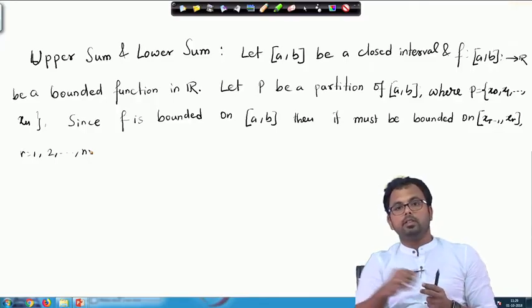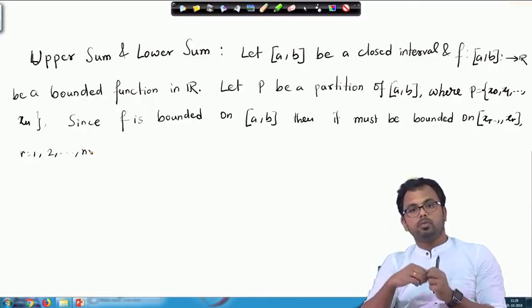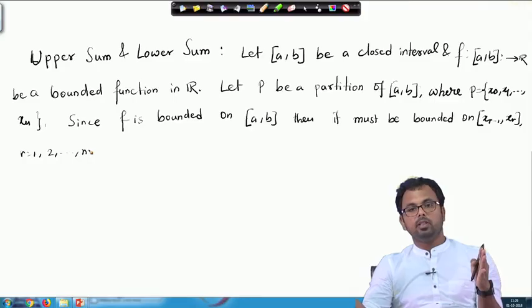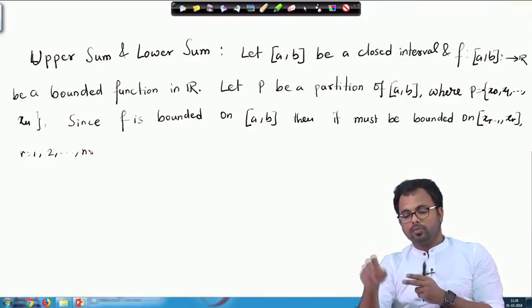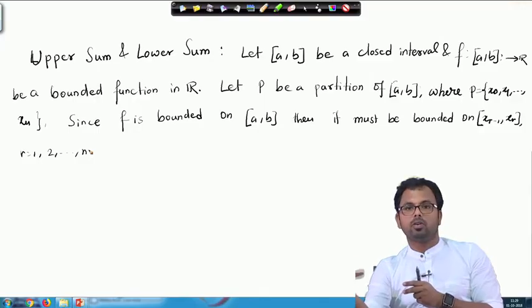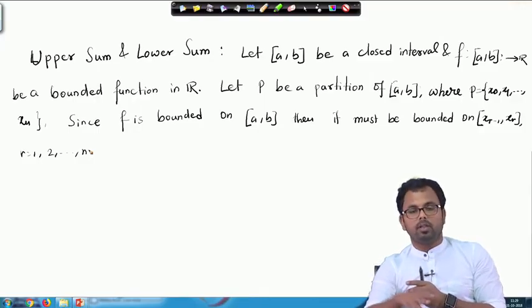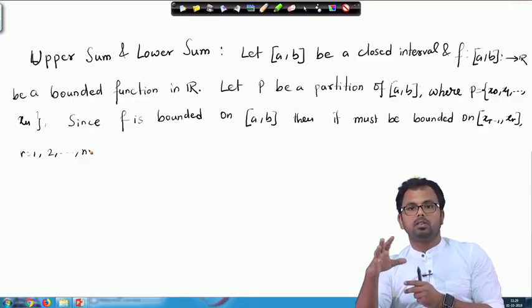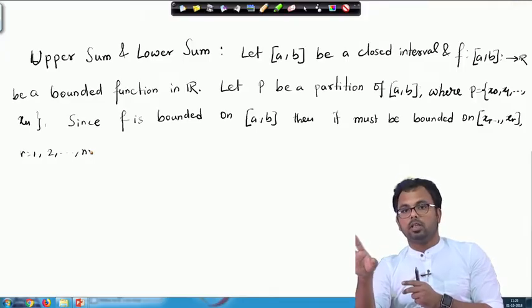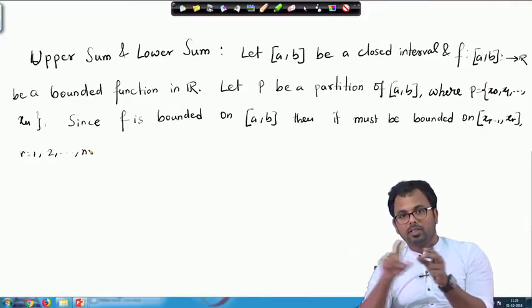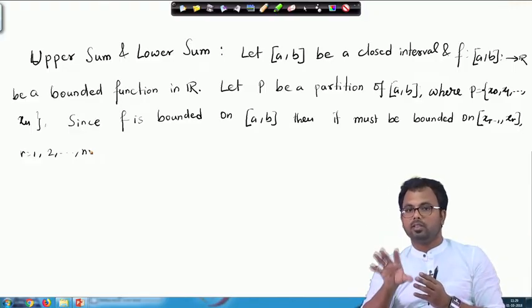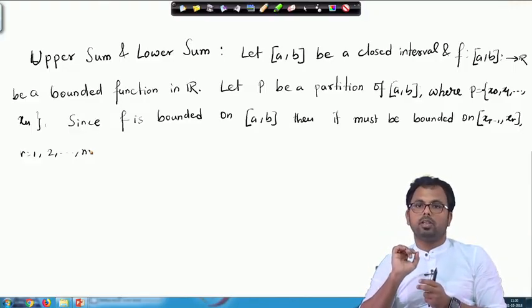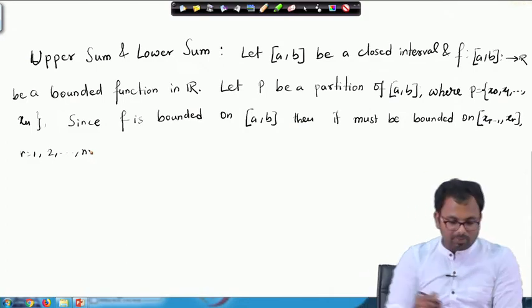Here the idea is, if you have a function f which is bounded on the whole interval [a, b], then certainly it is bounded on every subinterval. So [xr minus 1, xr], for every value of r, can be any one of those subintervals, and if the function f is bounded on the entire interval, then obviously it will be bounded on that one small subinterval. For example,